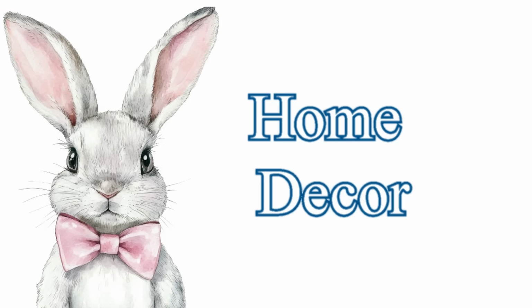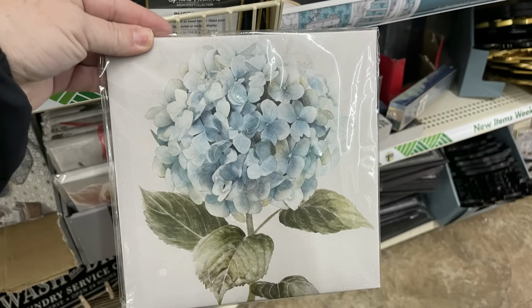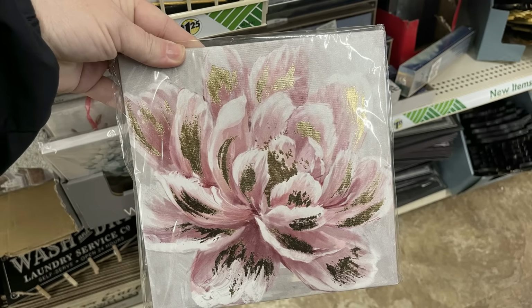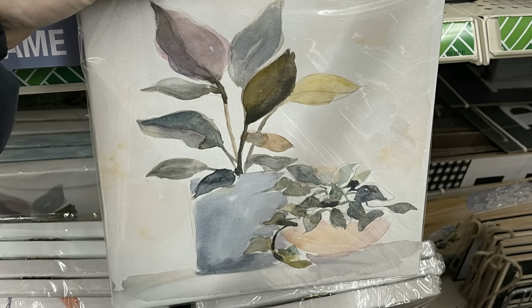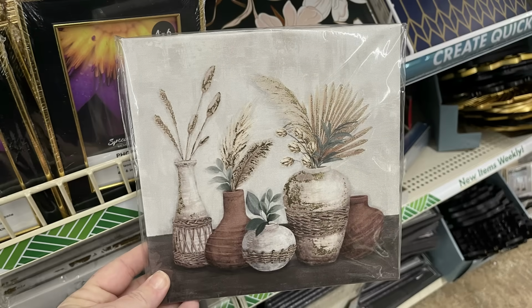Very fun. Over in the home decor, they had some stretched canvas prints, lots of floral. They definitely had lots of different summer flowers out with a lot of gold accent. And then they had quite a few without the gold accent, and these were in a peach, blue, and